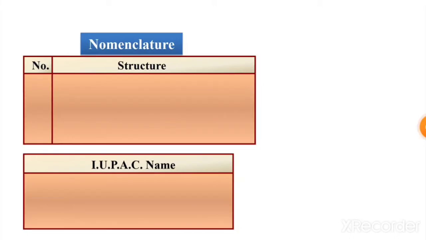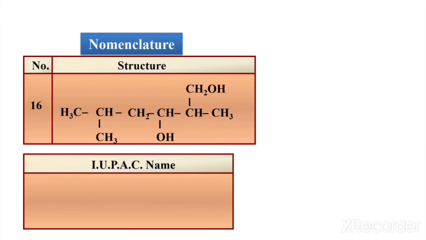Okay, nomenclature of alcohol. Next example, this again a big molecule. For nomenclature of alcohol, here we have to first select a longest carbon chain, and if we start the numbering from this direction, 1 2 3, the OH is away, and if we start this numbering from this direction, that means this 1 2 3 4 5 and 6.